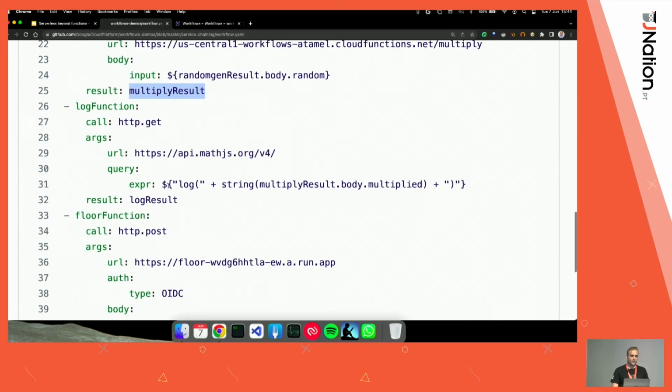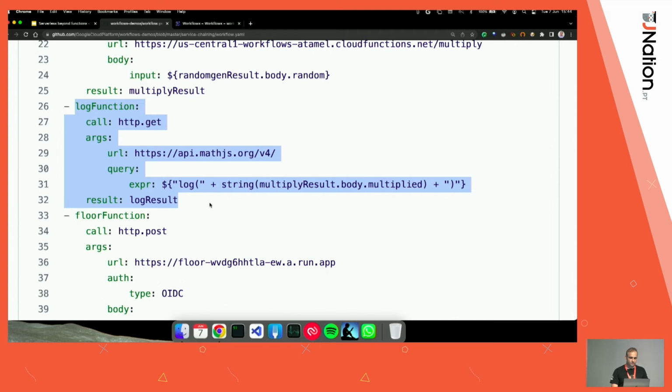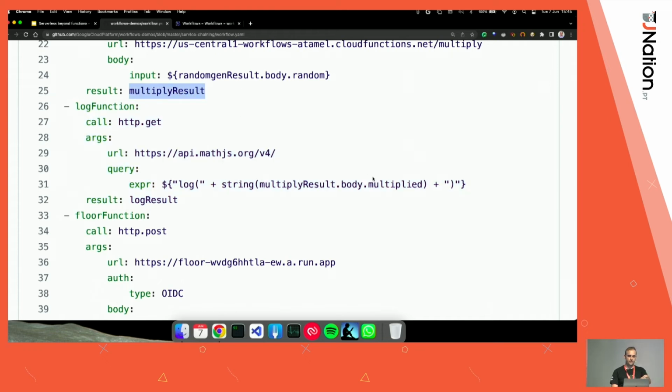Then the third one is the log function, and you can see that here we are making a call to Math.js, an external function, and we are passing an expression. This is a query expression, and we are again using the result from the previous step, parsing the body, looking for multiplied, and passing that as an input to the log function.